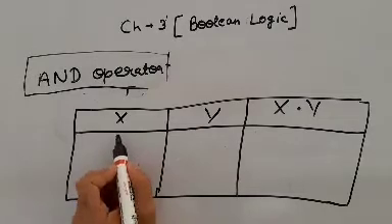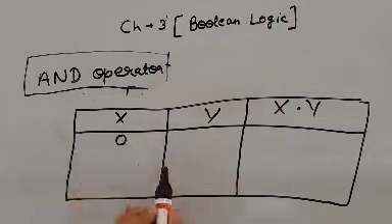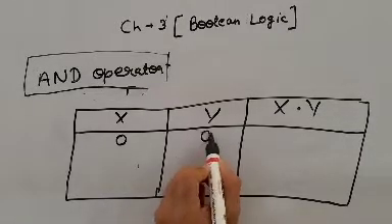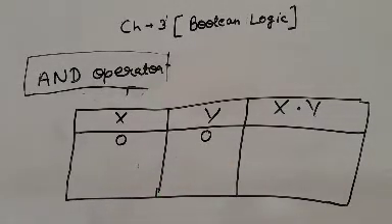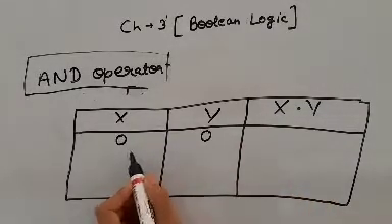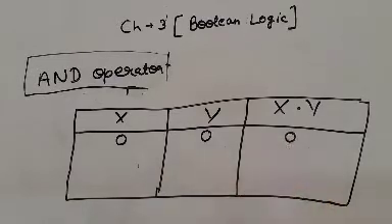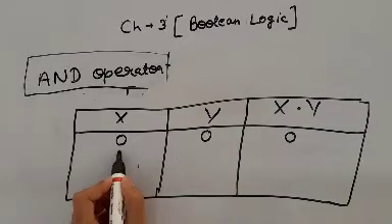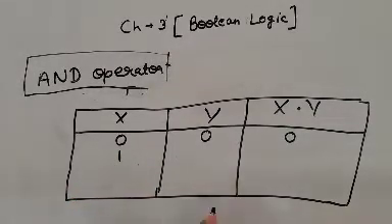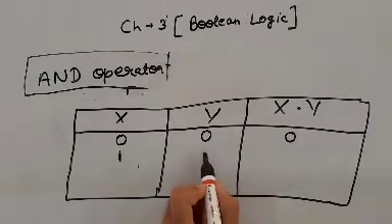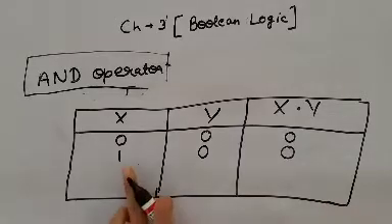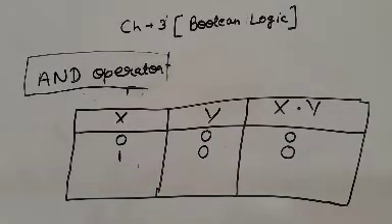For example, if I give a false statement to our input terminal X and again a false statement to our input terminal Y, both are zeros. So what will be the answer when you multiply 0 by 0? Your answer will be 0. Now for example, I give the condition 1 to input terminal X, but I leave Y unchanged. So what will be the output? It again will be 0. When you multiply 1 by 0, it will give you 0.